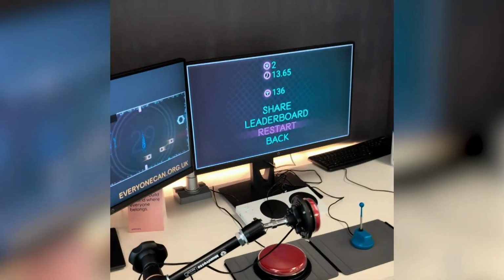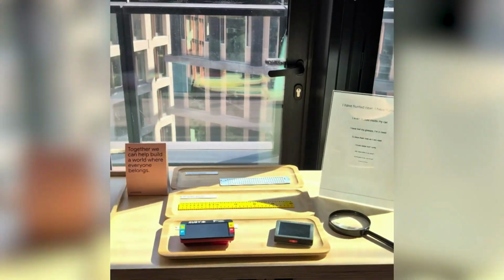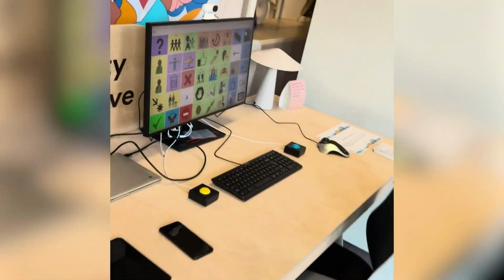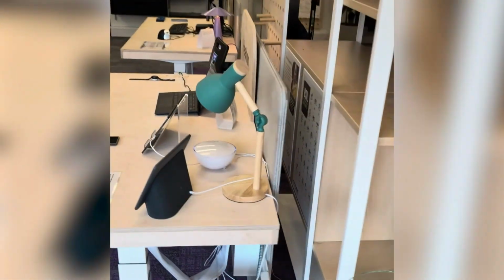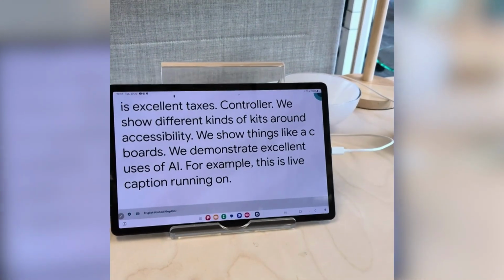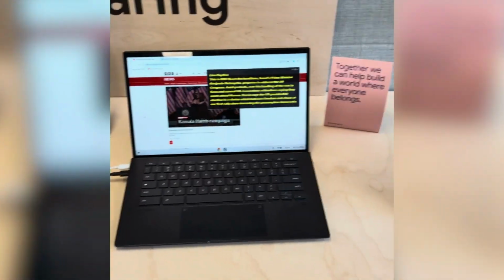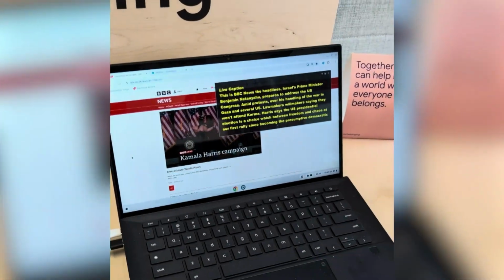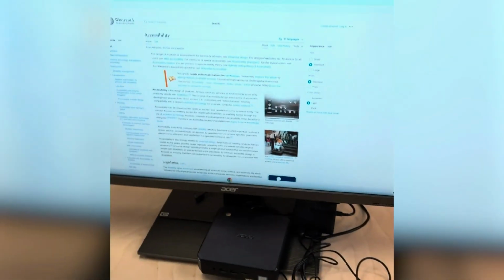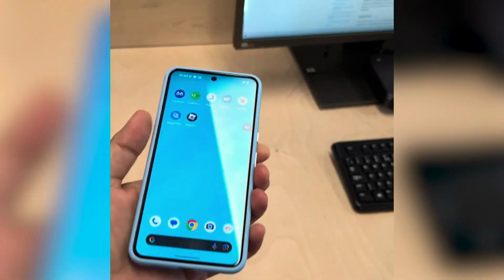We show off even the Xbox adaptive controller, but also Sony's excellent access controller. We show different kinds of kit around accessibility. We show things like AAC boards. We demonstrate excellent uses of AI. For example, this is live caption running on a Samsung tablet, and it just runs and runs and runs. We show off the Google technology like Google Chrome and the browsers and the captions that are built in, or things like Chrome OS. We even get to show off things like my favorite feature, this thing called Guided Frame,